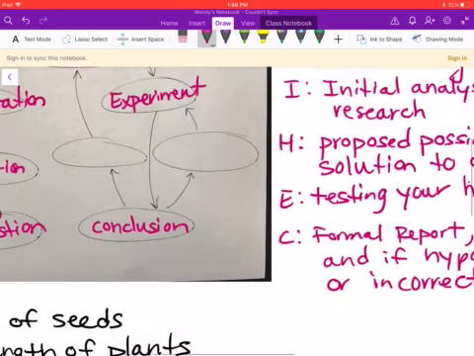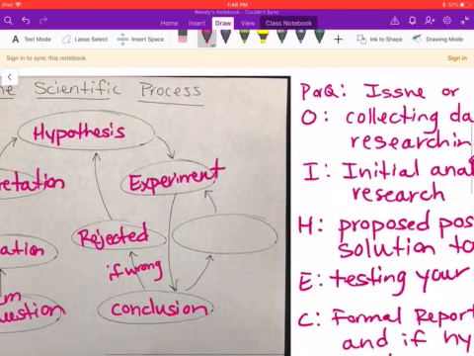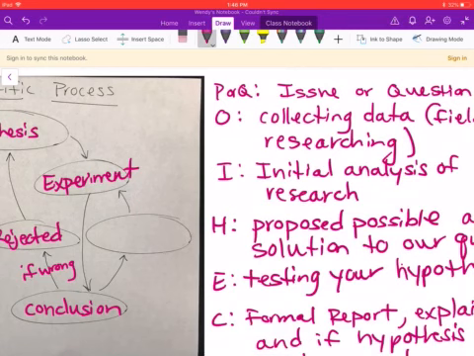If our hypothesis was incorrect, so if it is wrong, then our hypothesis has been rejected. If that's the case, we go back, form a new hypothesis, experiment, and go through the whole conclusion process. If it's wrong again, we continue going through the process. If our conclusion is correct,